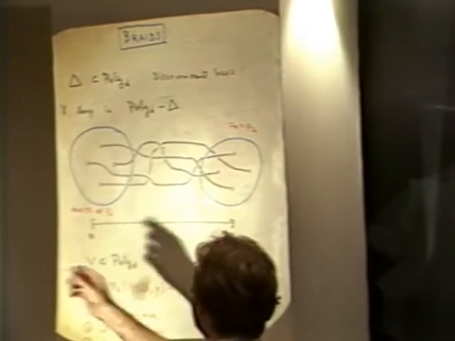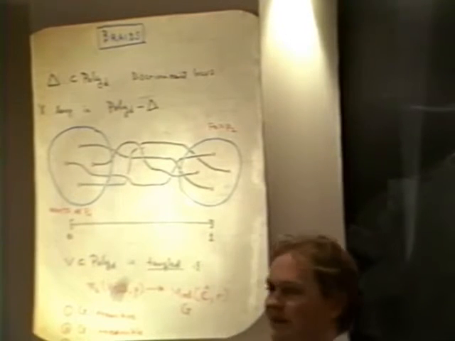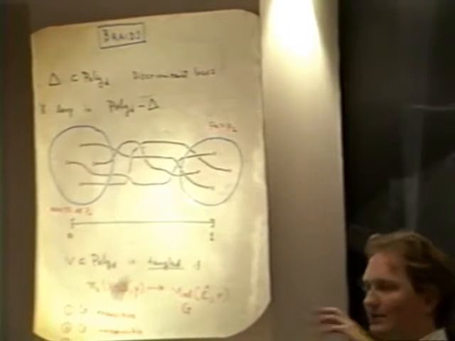Okay, so these braids correspond to loops in the space of polynomials of degree d minus the discriminant locus, and any braid can arise. Now, when you have a braid, there's a slightly weaker piece of information you can extract from it. Namely, you can extend the motion of these finite sets of points to a motion of the whole Riemann sphere.